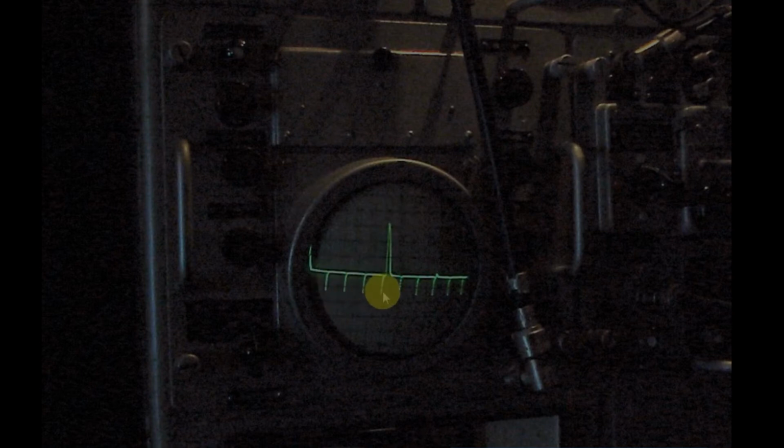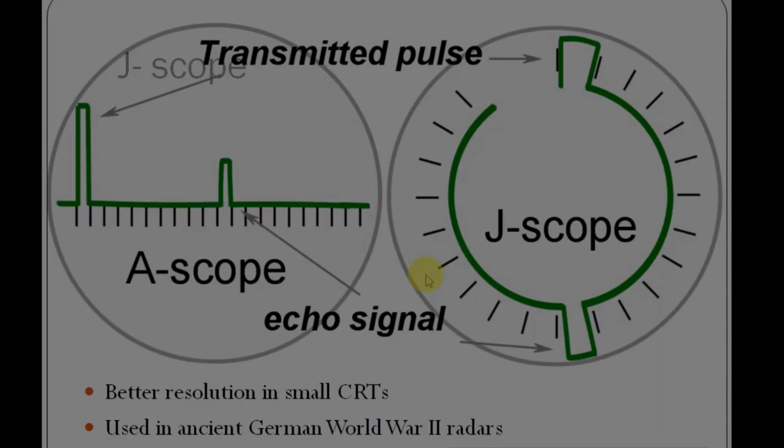From that we can also come to know the bearing of the target. So the timing and the echo of the target we can easily analyze by using a scope. In a scope, the transmitting pulse is there and the receiving echo pulse is there. This is the information which is simply plotted in an XY plot.